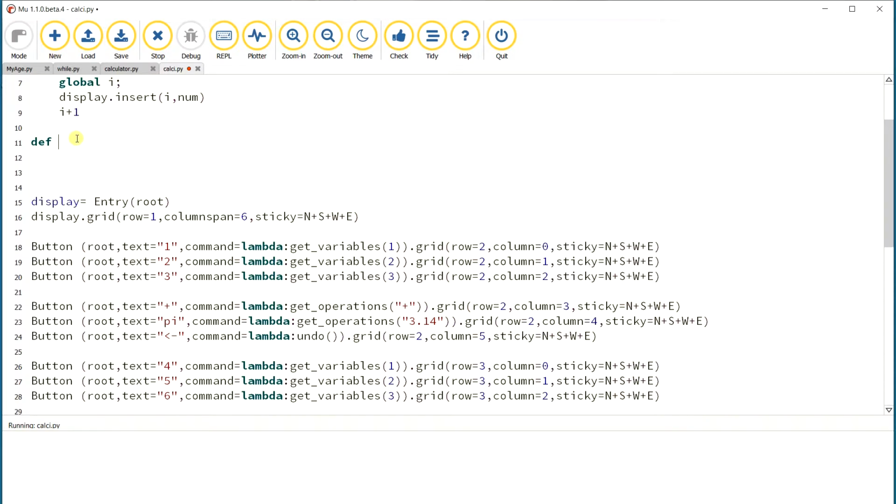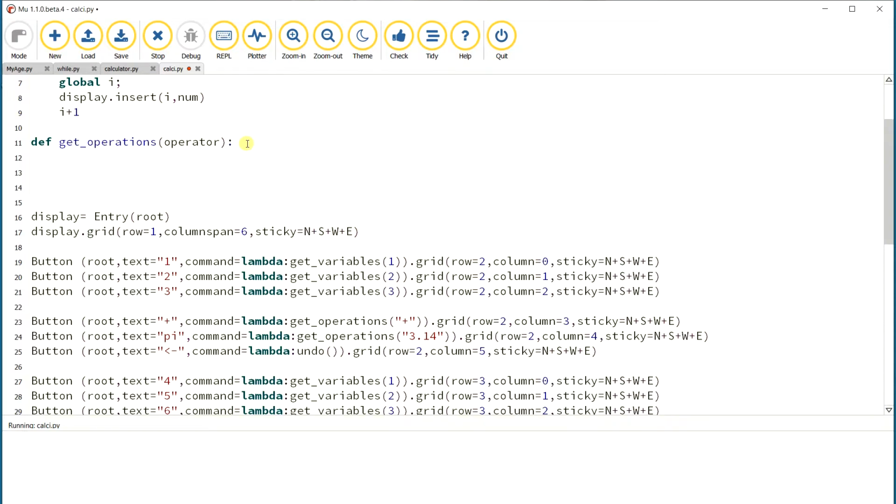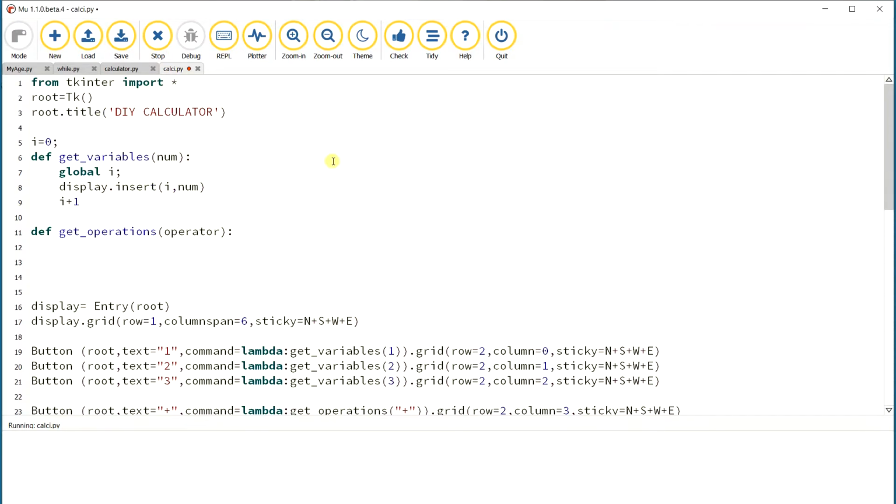What I am going to do now is the get operation function. Inside the operation function we will get the operator as input, so I name it operator, followed by a colon, as per the syntax. These three lines come under this function name, so they are inside it and should remain as they are.